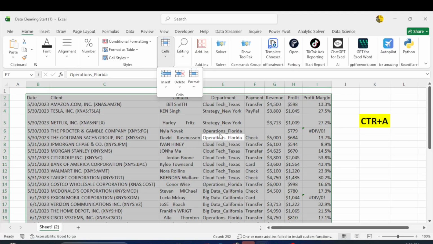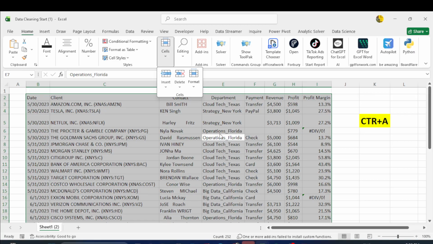Now after you are done, you can come here in front and insert a new column. Now that new column you insert, you can type Client, right? Client. Now what to do again is to clean this and make it look nice. The function we are going to use here is called PROPER. Let me write it up here so that I can see. So we are going to make it a PROPER function